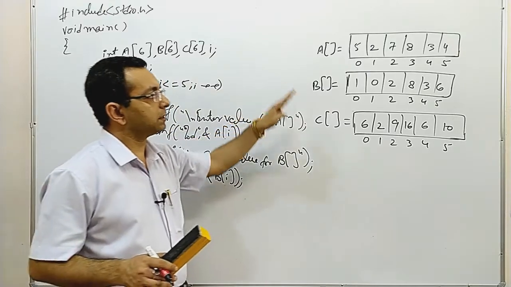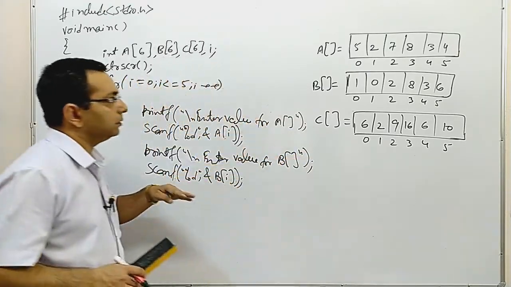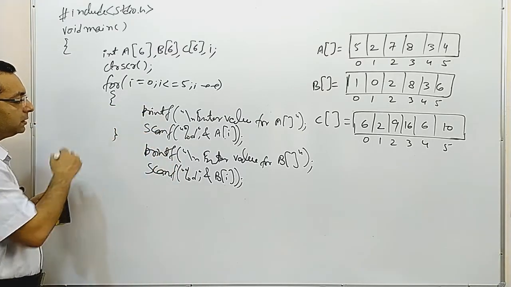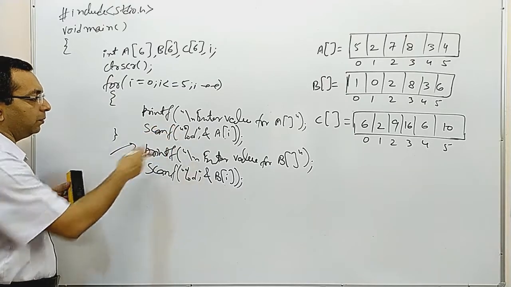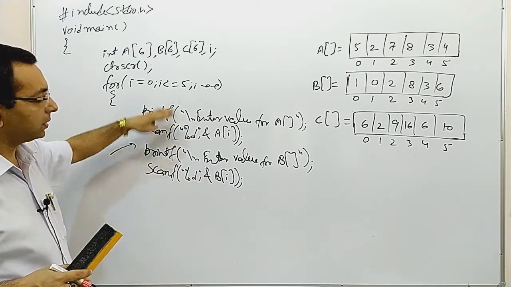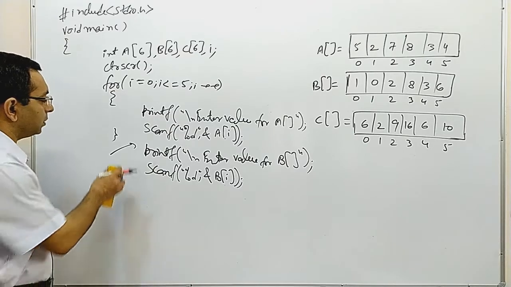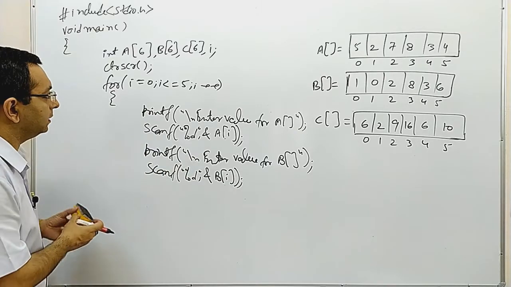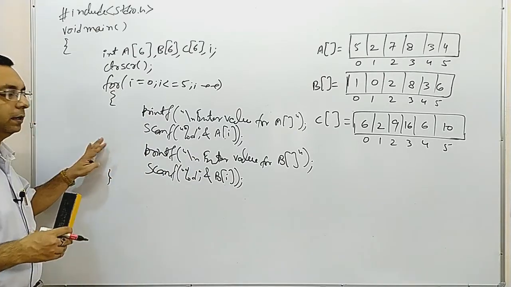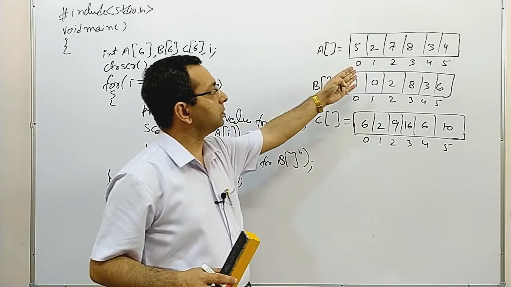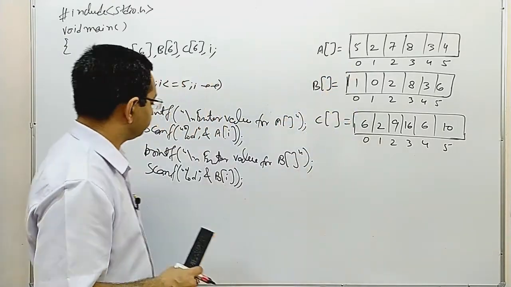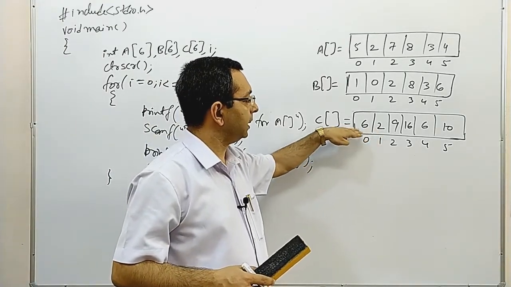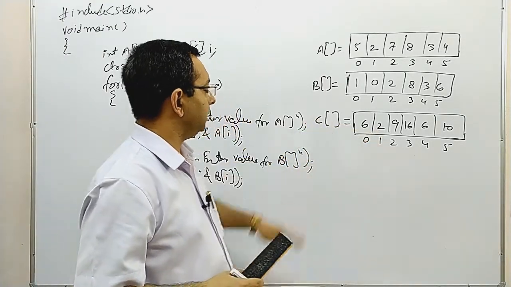If you do not want this concept, then you have to start two separate loops. You have to close this, and here start another loop for I equal to 0 to 5, which will take the B array. But in the present program, we are not taking another loop, and we are closing it here. So it will take values for A and values for B. Now we have to add A and B and store into C.